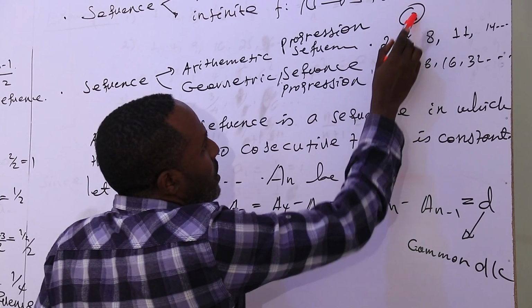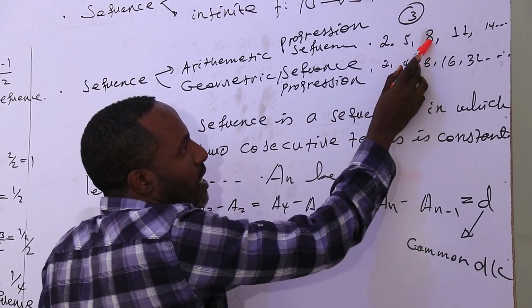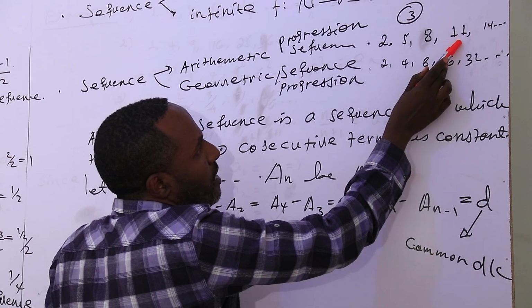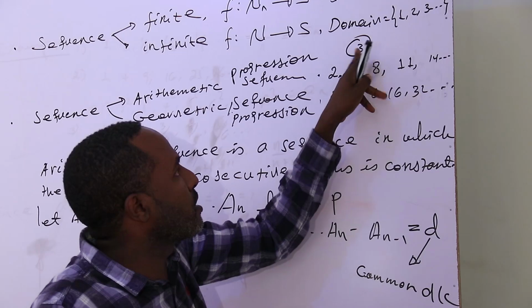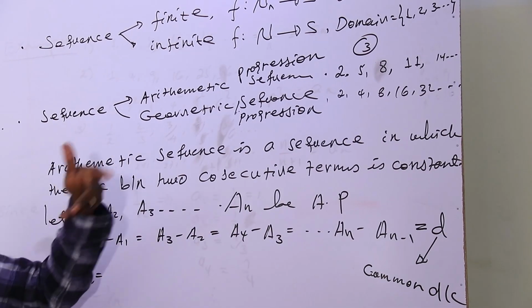So 2 plus 3 is 5, plus 3 is 8, plus 3 is 11, and 11 plus 3 is 14, and the next term is 14 plus 3, meaning that in every term we add that constant number,